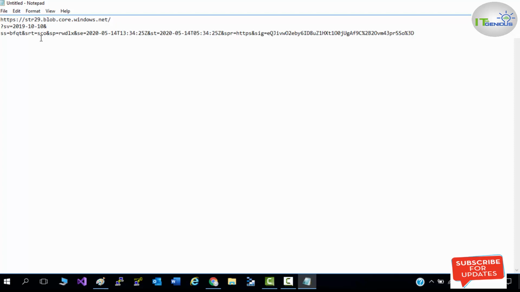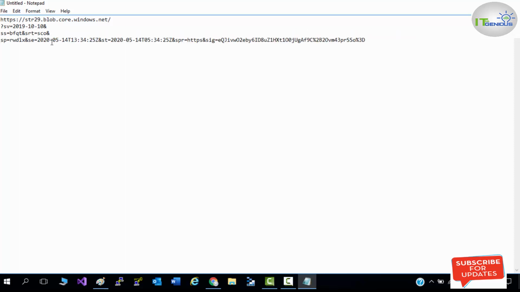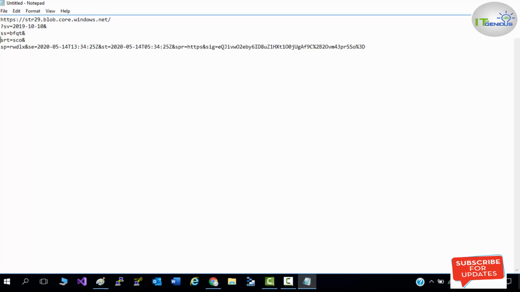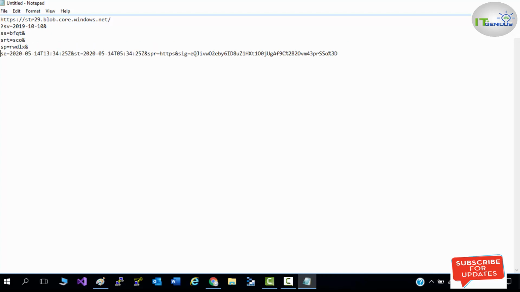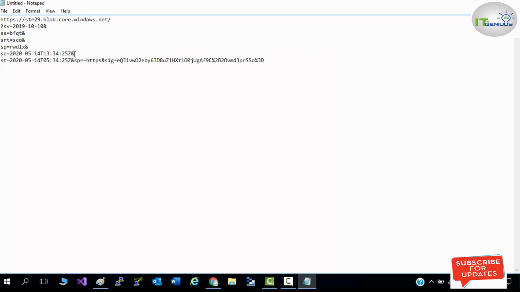And then there is a scope, then your permission, your end time, start time, and your protocol, and the signature which you are using here. So that is your shared access signature.